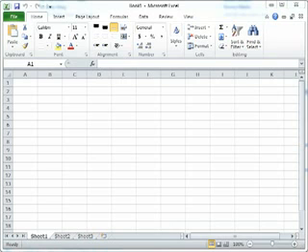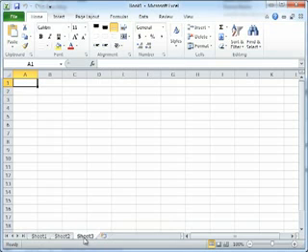We'll start the course by looking at the Excel 2010 interface. I've just opened up Excel, and what you see here is what's called a workbook. It's just a basic Excel document, and a workbook is divided into worksheets. You can see in the bottom left here we have sheet 1, sheet 2, and sheet 3. An Excel workbook by default opens up with 3 worksheets, and you can add and remove these sheets as you work within the document. So I'm going to click back on sheet 1,